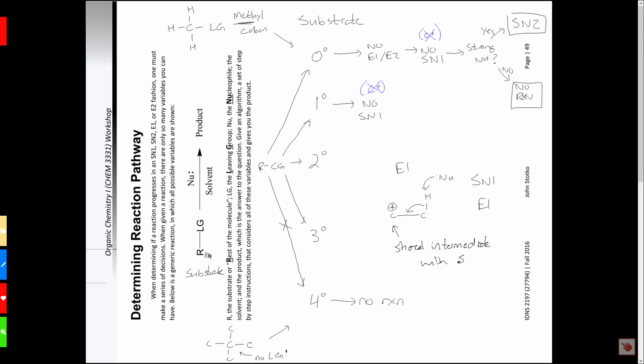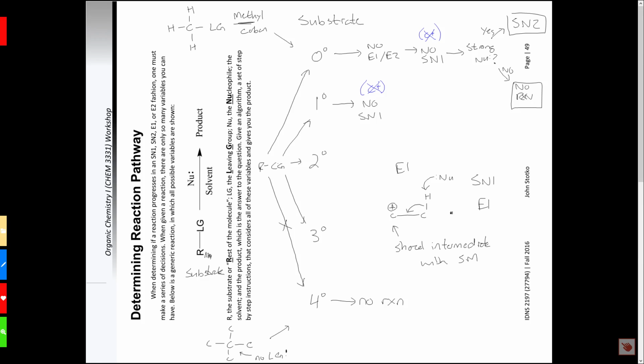With SN1, the first step of both reactions is the same: the leaving group leaves and forms your carbocation. What's different is that last step, your second step. Right off the get-go, your leaving group leaves, forms a carbocation, and you have a choice to go SN1 or E1. SN1 is always preferred